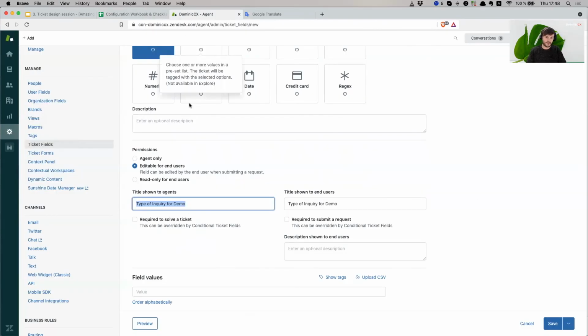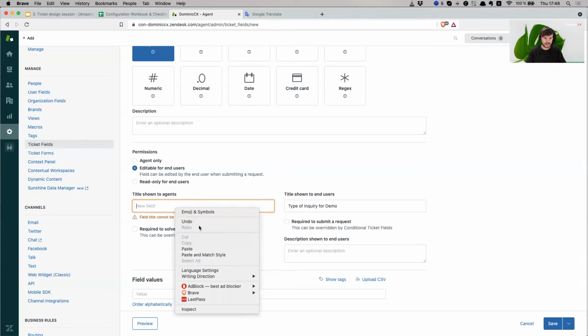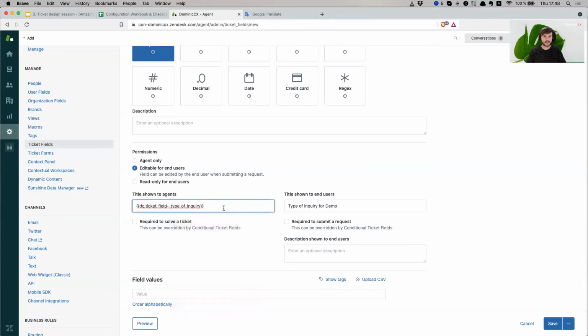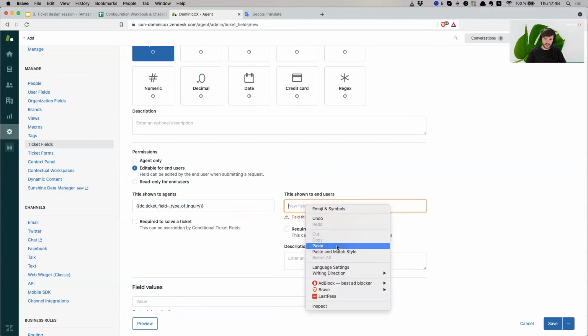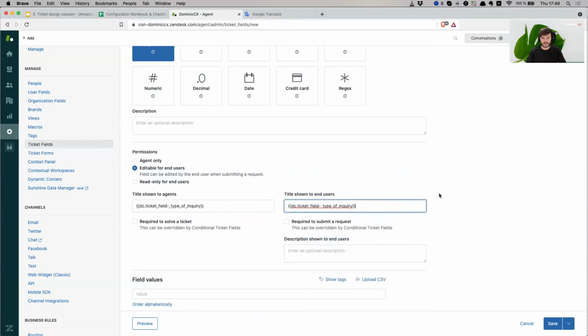We go back to our Zendesk and delete this, and then we are going to paste that placeholder. Exactly this one. So this is going to show me the name of type of inquiry in German. So Art der Anfrage, as it was called in German, is going to be displayed. I'm going to show you what that looks like. Title shown to end users, we have to do the same. So we have to delete this and paste the same placeholder. So now moving on,